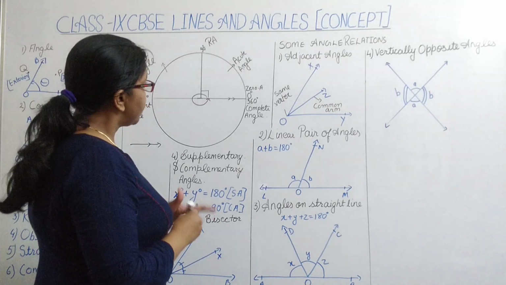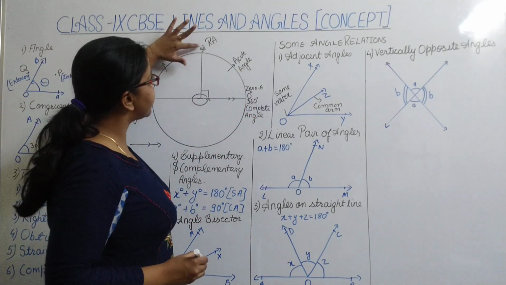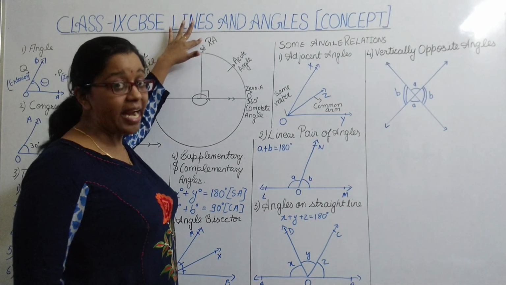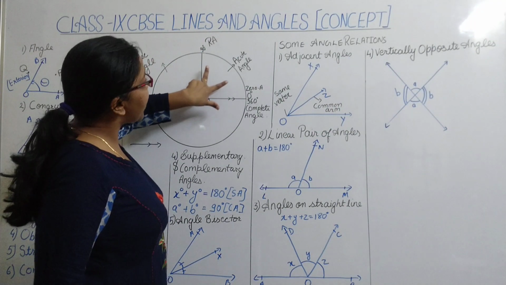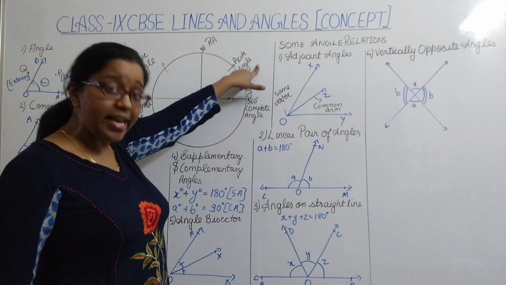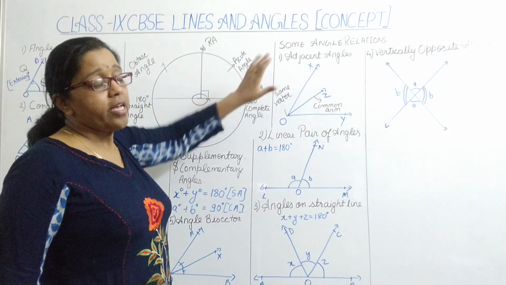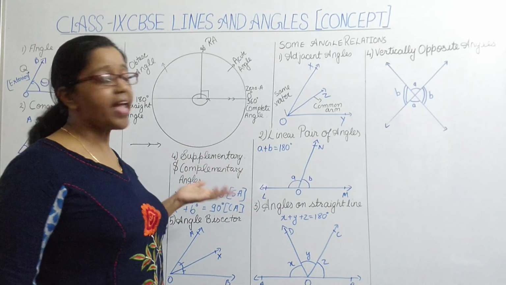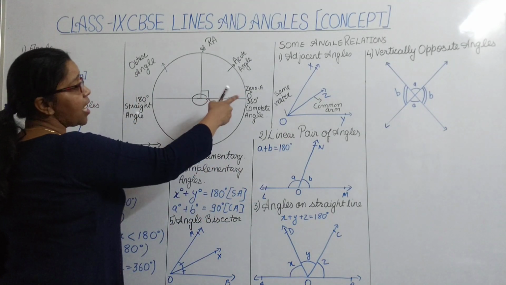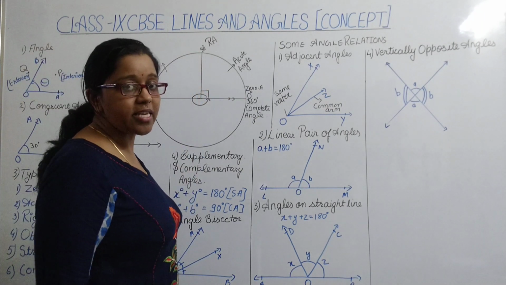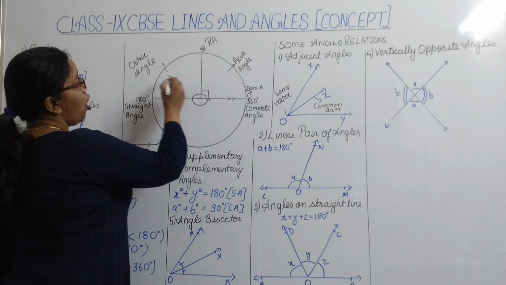So here this is the zero angle, and this angle exactly equal to 90 degrees is called a right angle. Okay. And an angle that lies between 0 and 90 degrees is called what? Acute angle. It means if you have an angle of 40 degrees or 50 degrees, they are all acute angles. When angles are greater than 0 degree but less than 90 degrees, those angles are said to be acute angles.